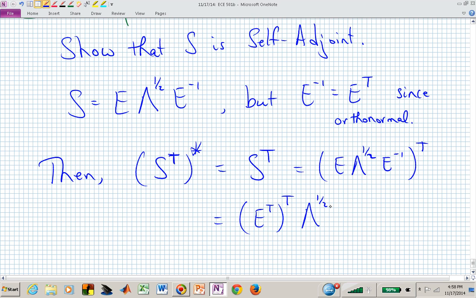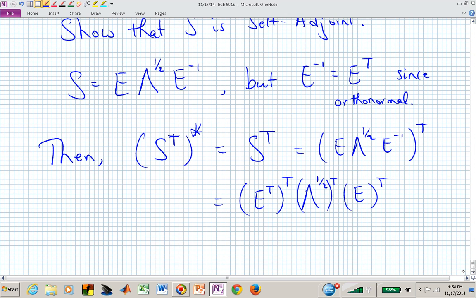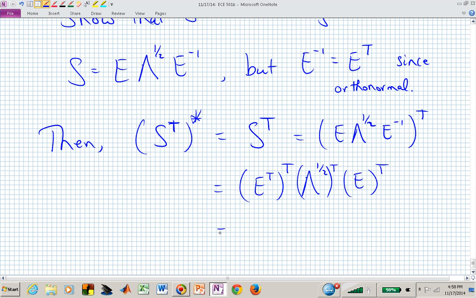Lambda to the 1/2 transpose is just lambda to the 1/2, since it's diagonal. And then I have E transpose. But E transpose transpose is E. This is lambda to the 1/2, and this is E inverse, or E transpose, and so S transpose